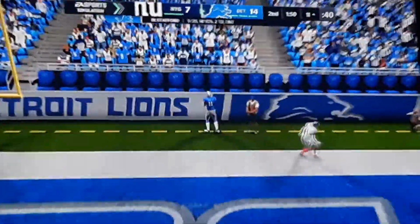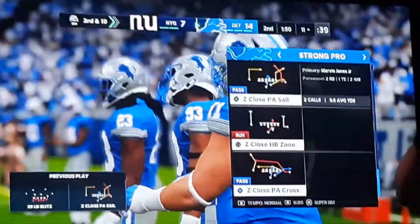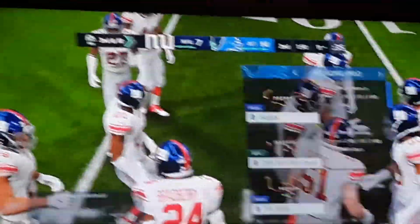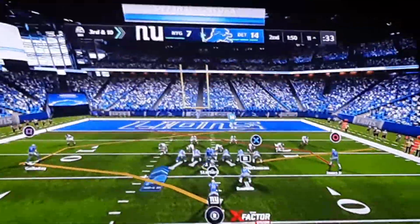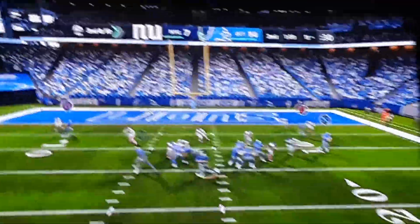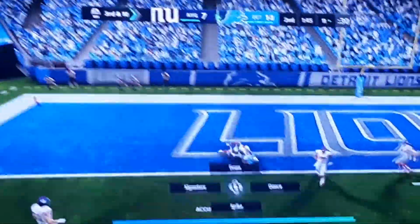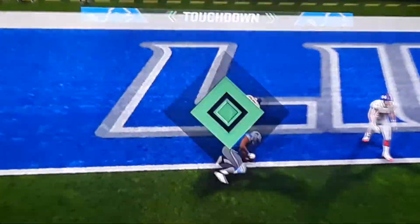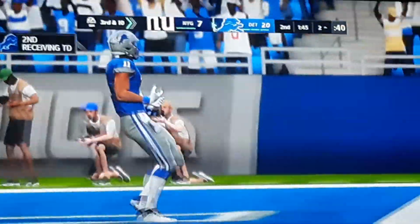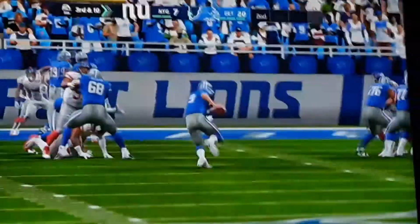And he tries to throw it, and it's incomplete as well. 3rd and 10 for this Lions offense. So we're just going to use a slants pass, and hopefully we can make our 3rd touchdown of the game. All right, Stafford back to pass. He's going to throw it, and caught it. Touchdown, Lions, as Detroit is now leading this 21-7, and Detroit will score their 2nd receiving touchdown of the football